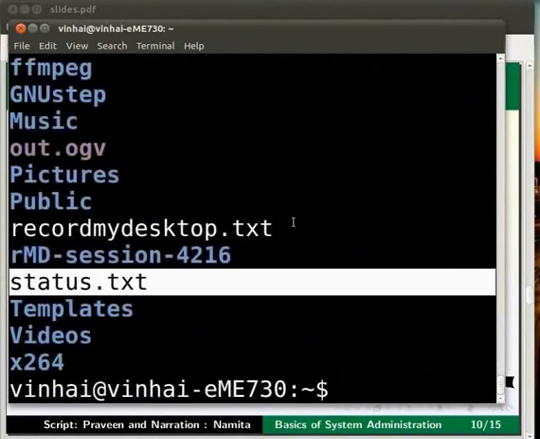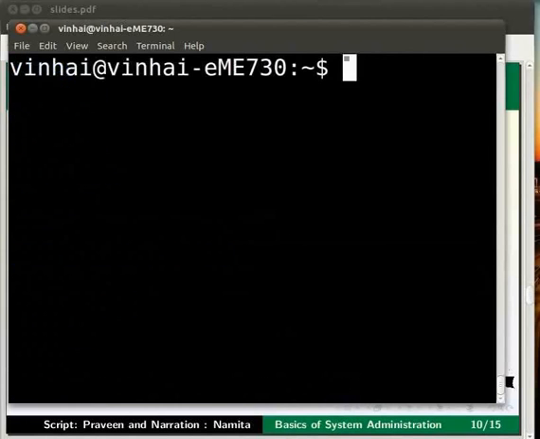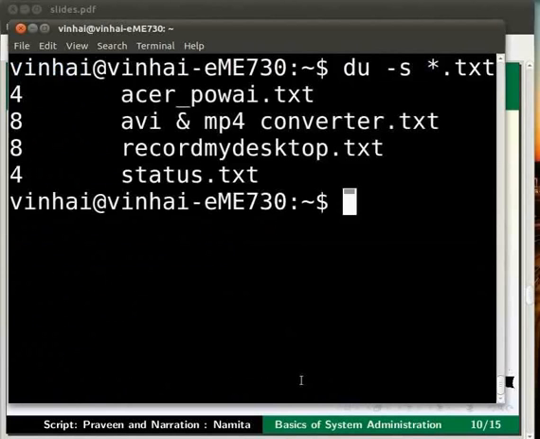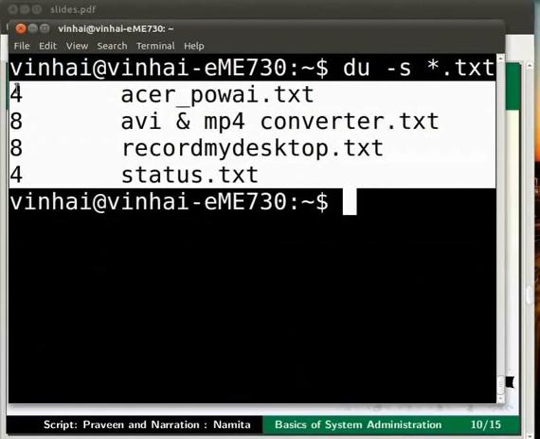Go to the home folder on the terminal by typing cd space /home and press enter. Then type du space -s space *txt and press enter. This command will give you a report on the txt files available in the directory along with